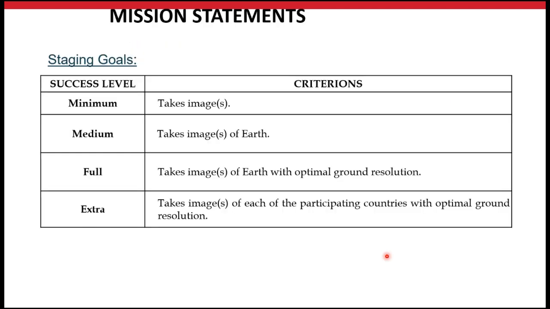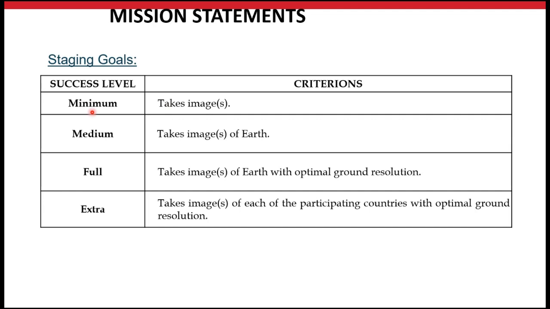Okay, and this is the mission statement example for the imaging system mission. So usually it starts from minimum until full, but it is good if you have an extra success level as well. So what is minimum? Again, it's on you. So you have to define why you put minimum. What is the criteria that shows that the minimum success level has been achieved?